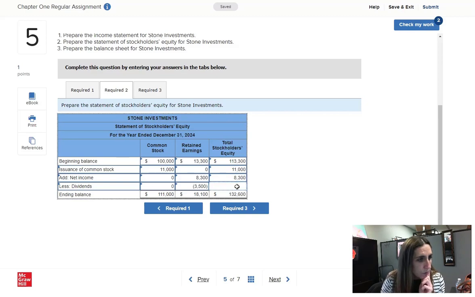And it will do the math for you, but you can double check it as I add across the bottom. I see this total should be $129,100 when I put the dividend in at the bottom there. Yep. And then I'm going to use these ending balances here, the $111,000 of common stock and the $18,100 of retained earnings on the balance sheet. So